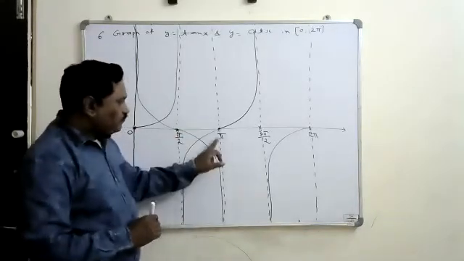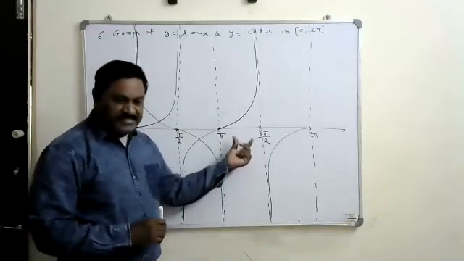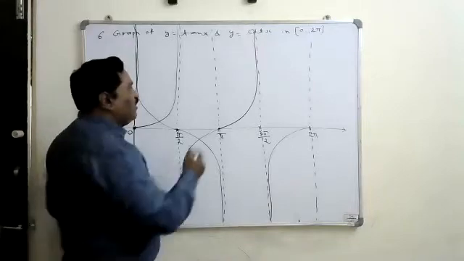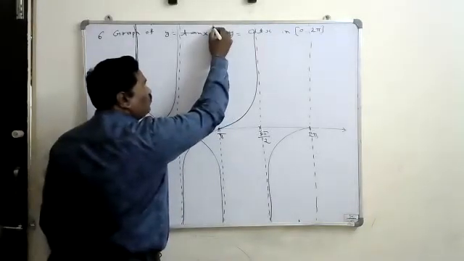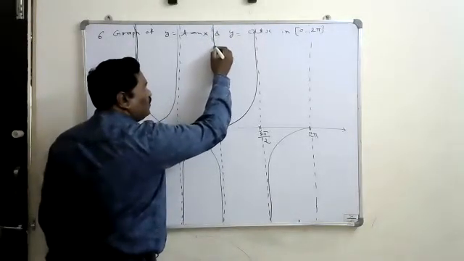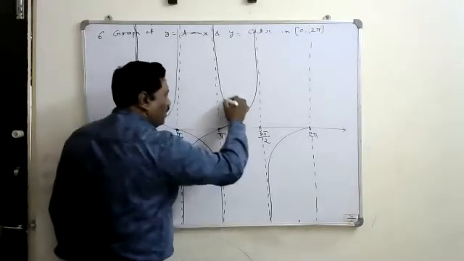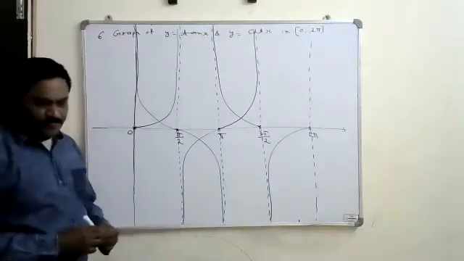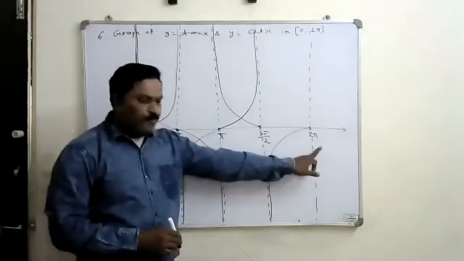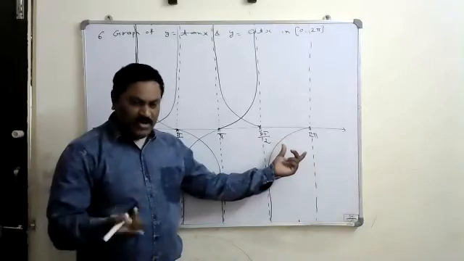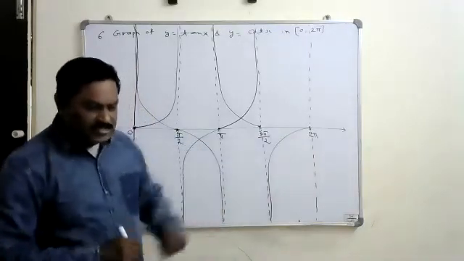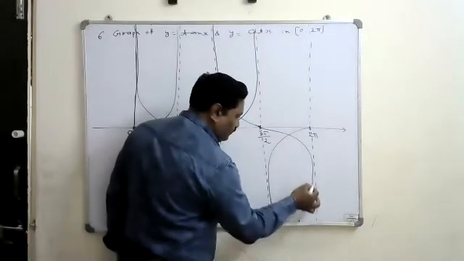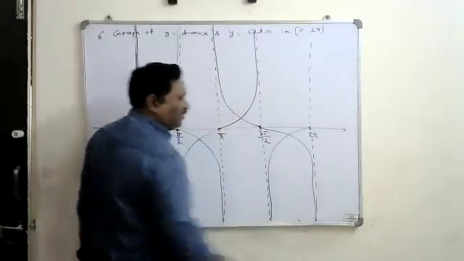Again, pi by 2 to 3 pi by 2. This is the angle of the third coordinate. Cot is positive. That's why it comes along from the positive infinity. Comes along this line and reaches the 0 there. At 3 pi by 2 it is 0. Again 3 pi by 2 to 2 pi, this is the angle of the fourth coordinate. So in the fourth coordinate cot is negative again, means from there it reaches to the negative infinity. It goes along this line.